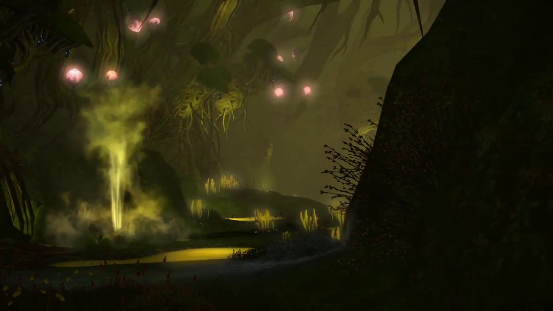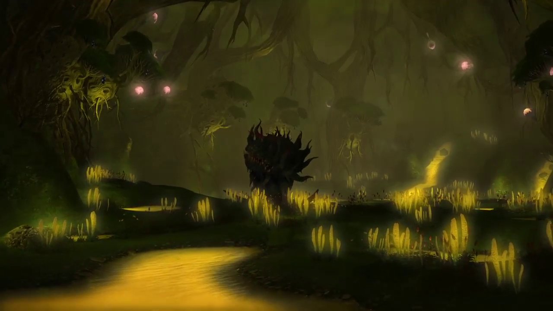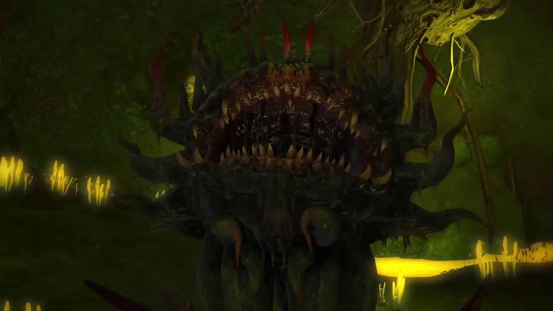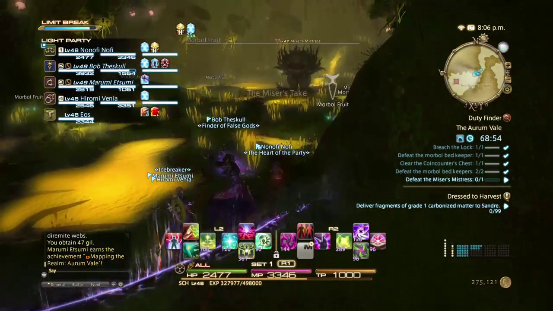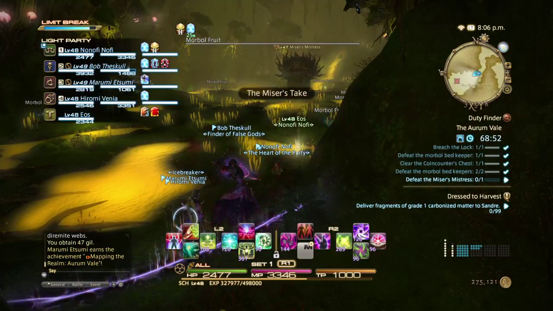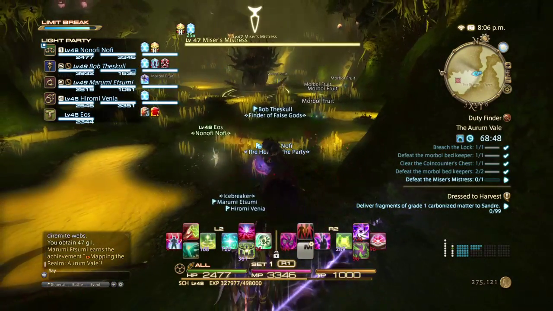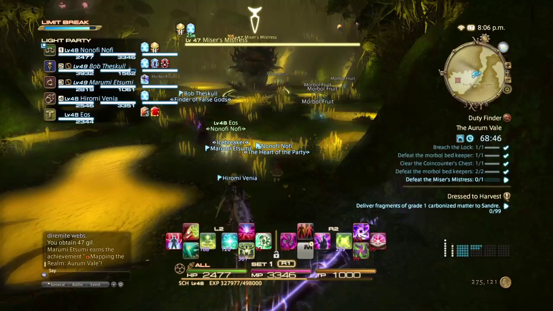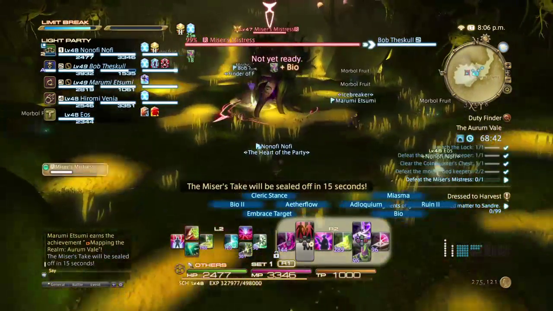And this is the introduction to the final boss, which is a Moroboro, or Moroboro as they call it in this. Although it will always be a Moroboro to me. And it is called the Miser's Mistress. And it's basically like a mixture of a regular Moroboro and the first boss, the locksmith, in